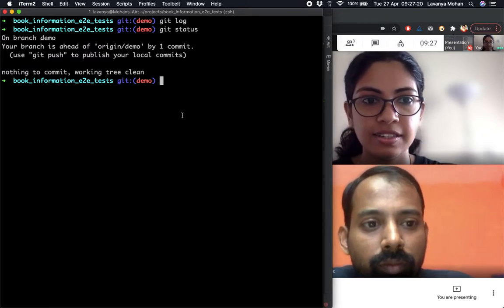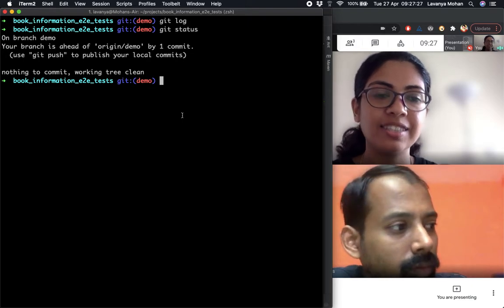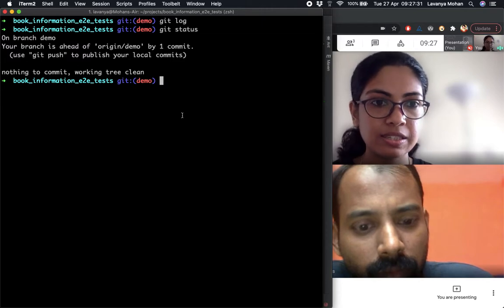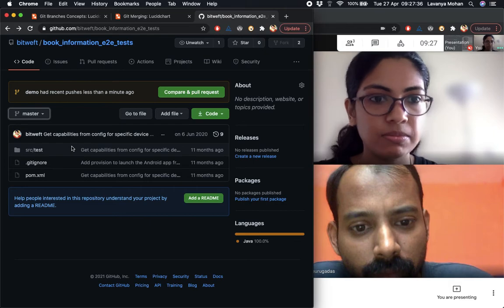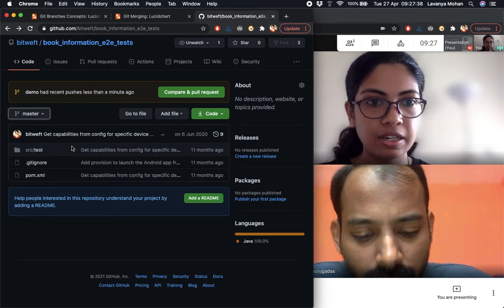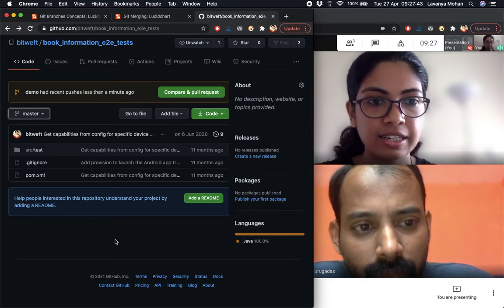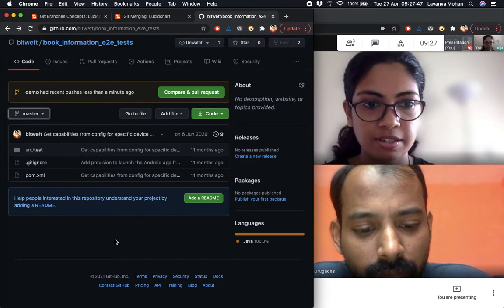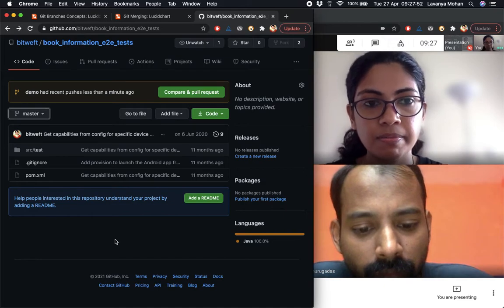All right. So this is basically just branching, right? Now, at some point, we would want to merge these commits which we have put on our branch to master. Let's say that we are doing some experiments on our own branch, this demo branch, for example. And then when we are happy with all the changes, we would want to merge it back to master.